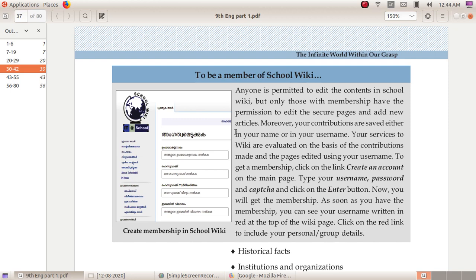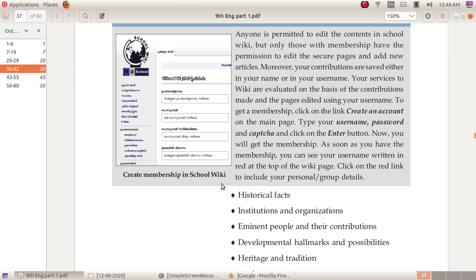Moreover, your contributions are served either in your name or in your username. Your services to Wiki are evaluated on the basis of contributions made and the pages edited using your username. That's the important thing about School Wiki.